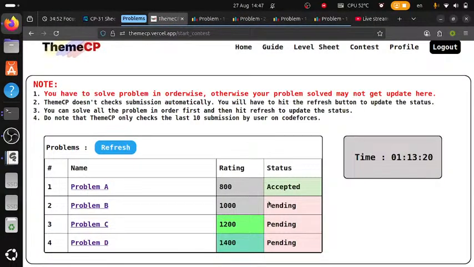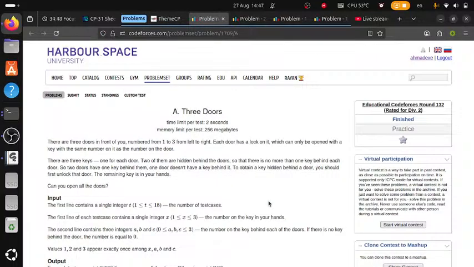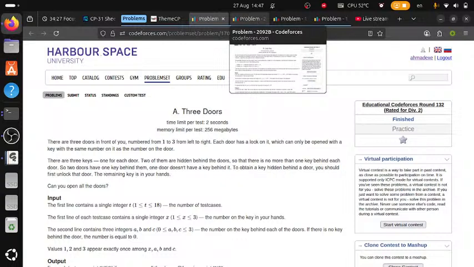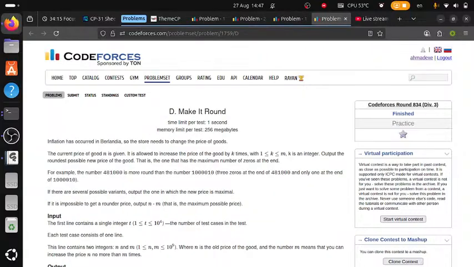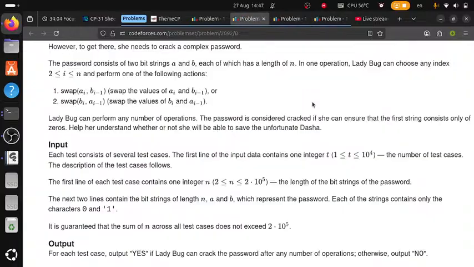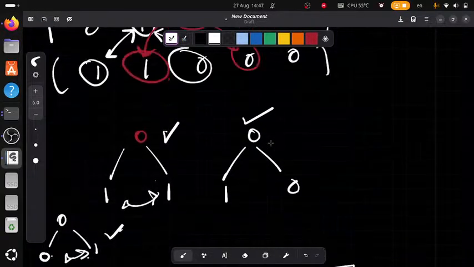Shit. So, we're supposed to understand that